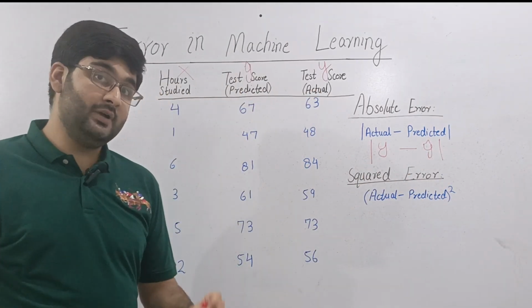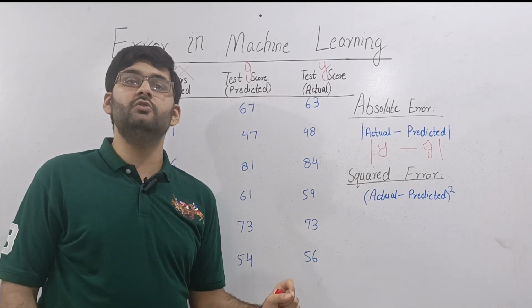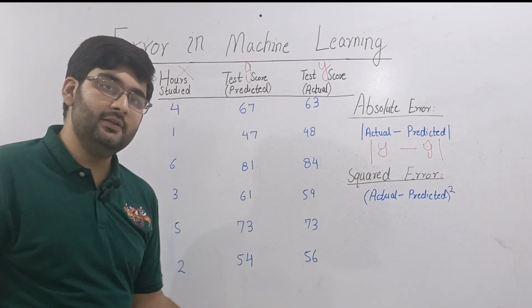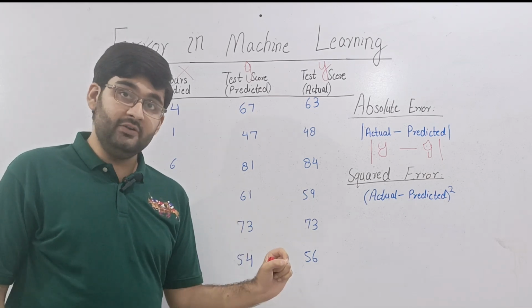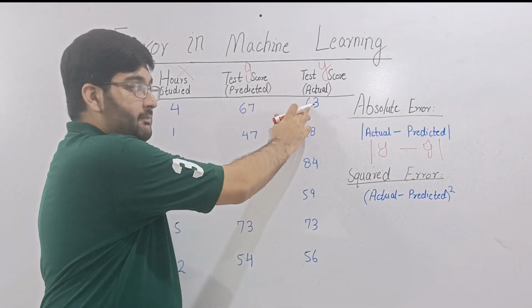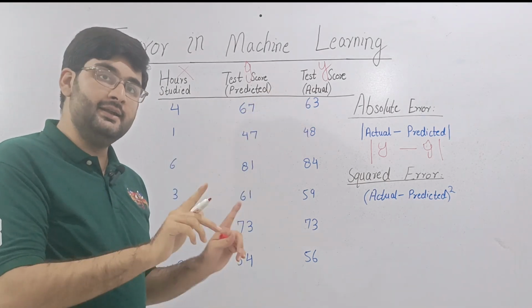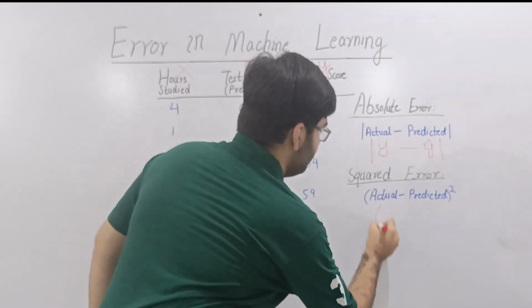The second method to calculate error is considered more reliable and is used more commonly, and that is called squared error. To calculate squared error, we take the difference between the actual and predicted variable and then take its square. So its formula can be written as,